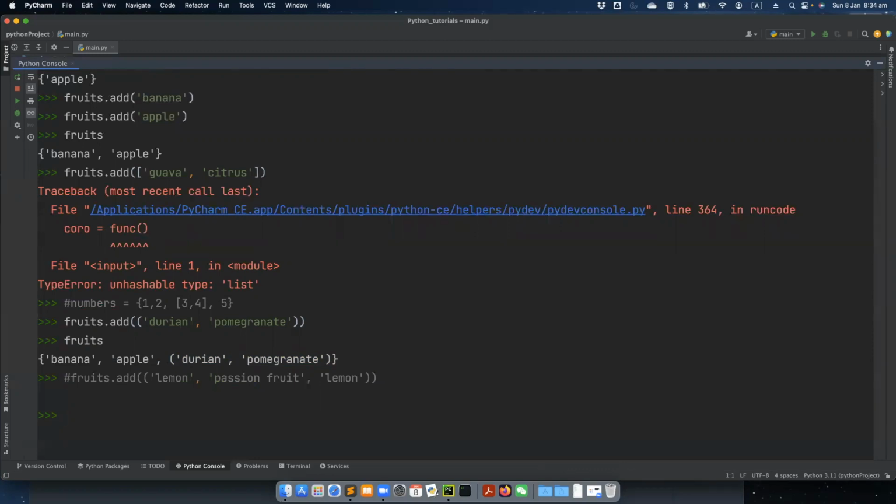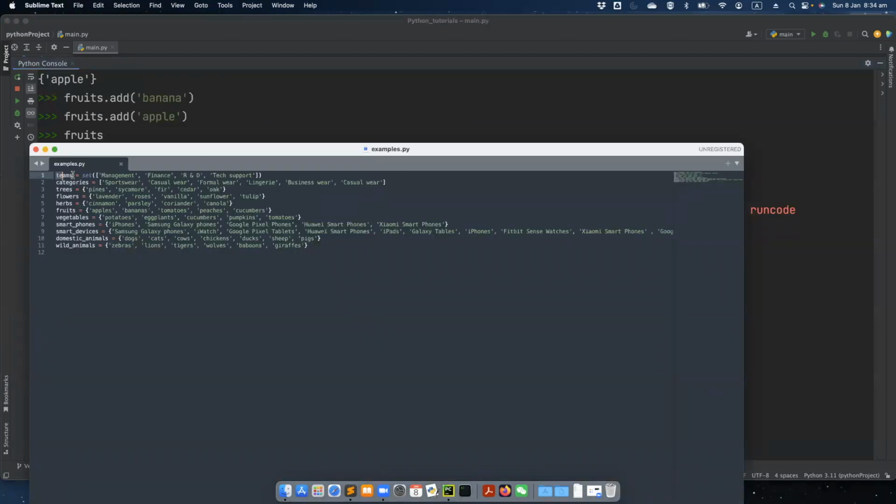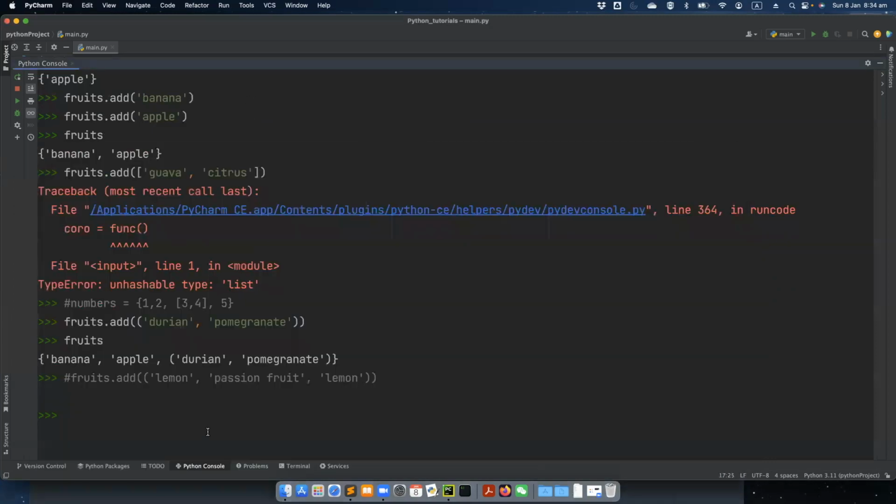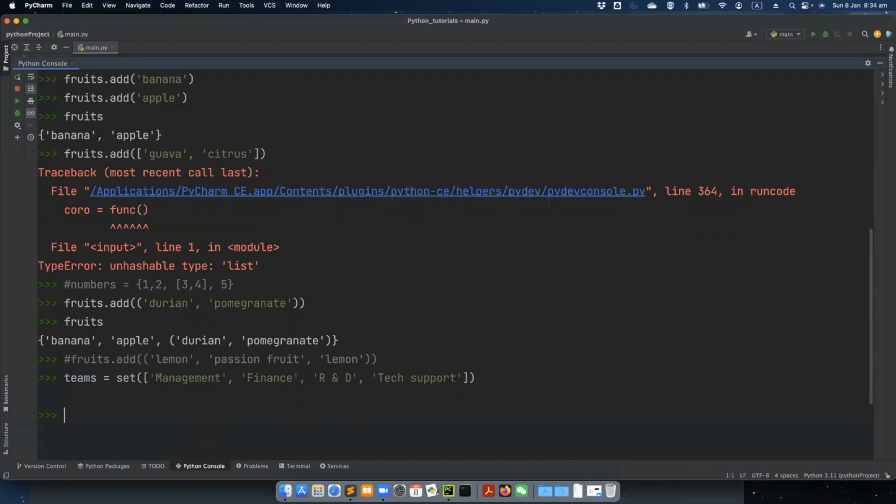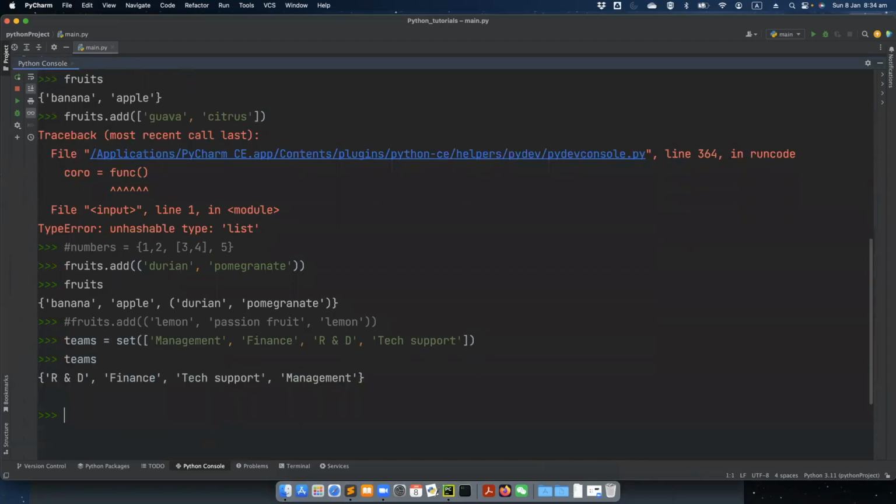Okay, to save time, I've pre-typed some examples here. Let's try this one. Now teams becomes this. As you can see here, the set does not preserve the order of the lists because a set is an unordered collection. If the lists contain identical elements, only one of the identical elements will remain. For example,